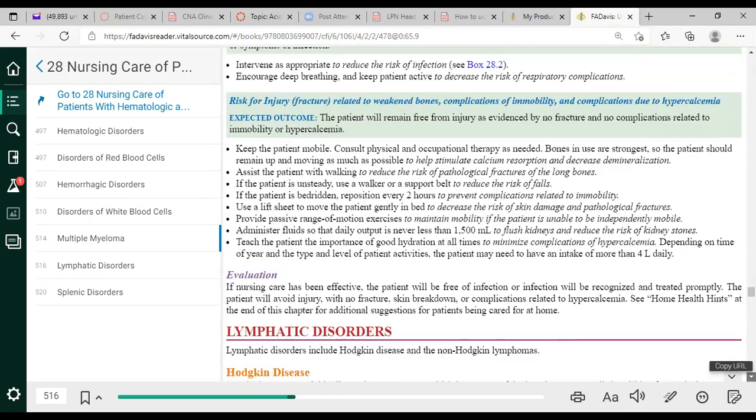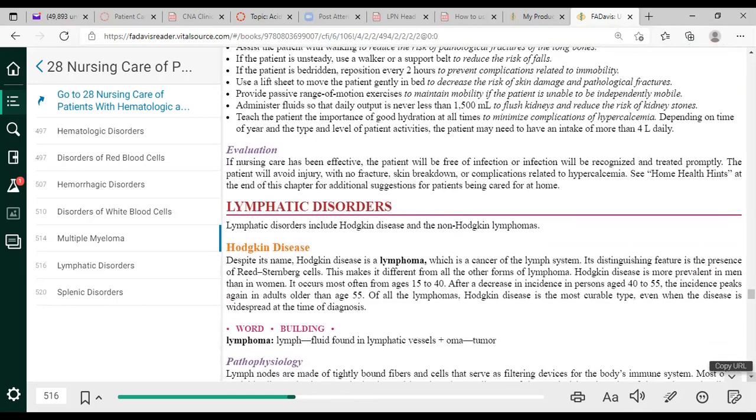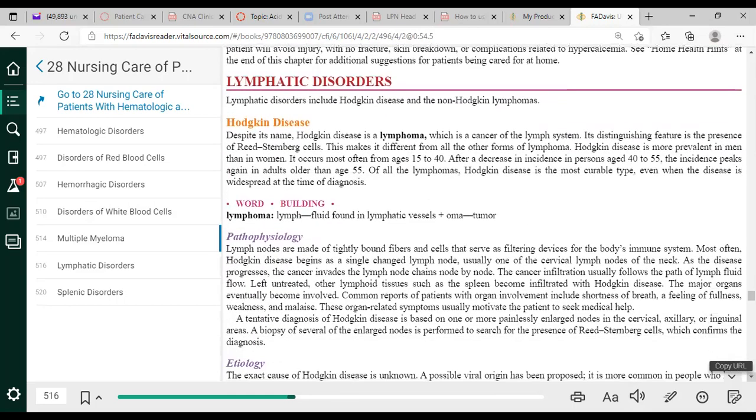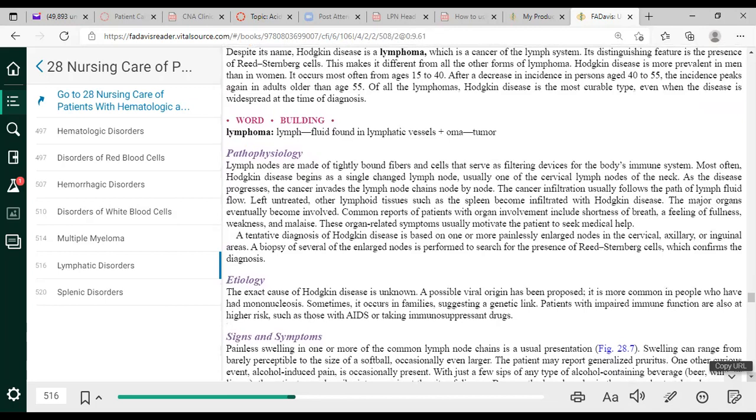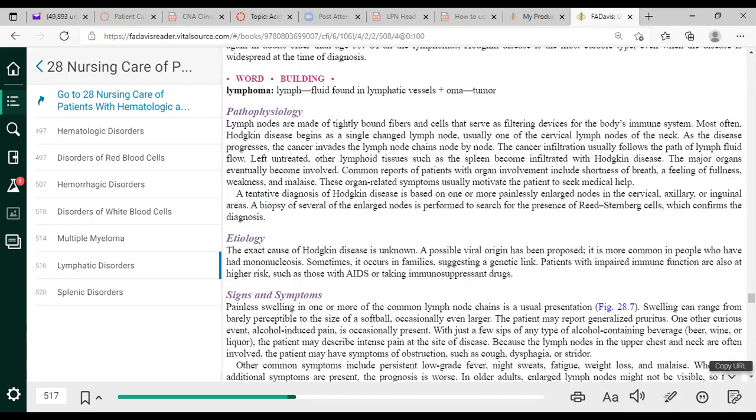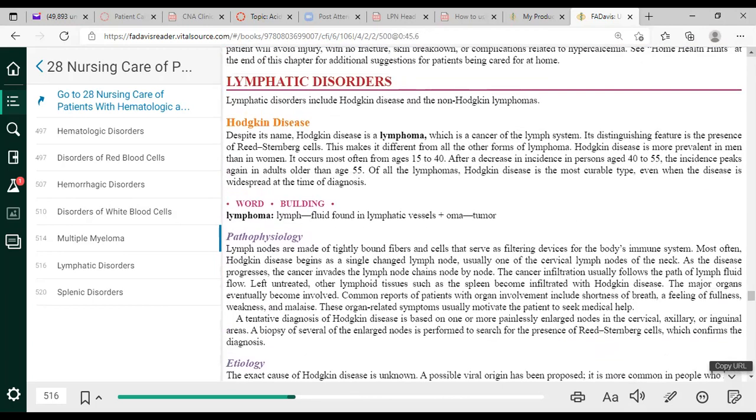And it's now talking about lymphatic disorders. And a lymphatic disorder is Hodgkin disease. It's cancer of the lymph system, and it is curable. So Hodgkin disease is cancer of the lymph system. It's curable, and typically